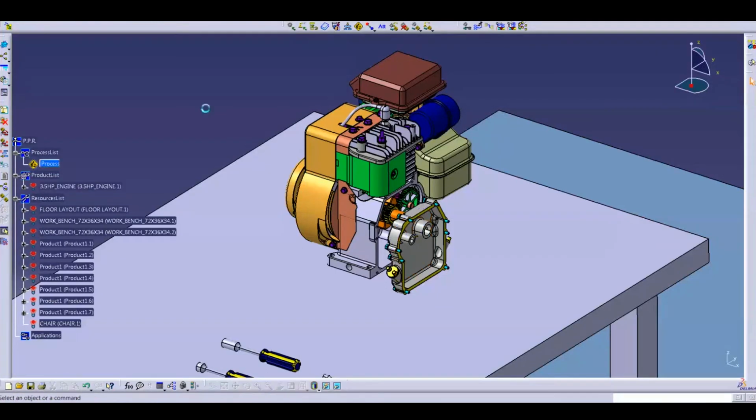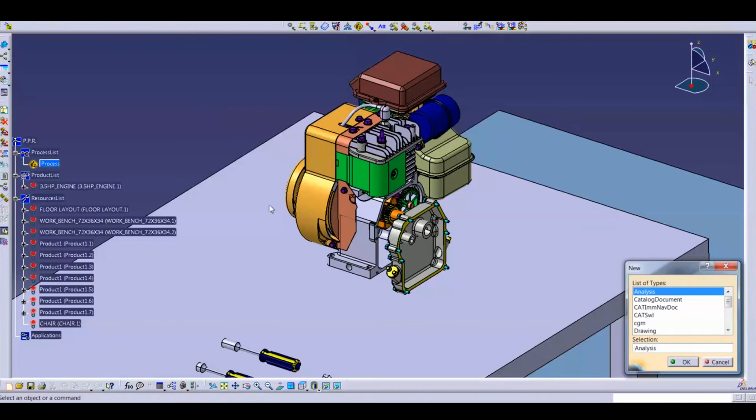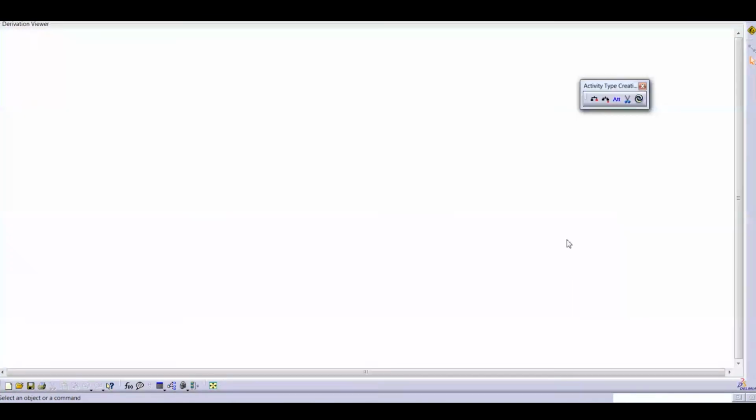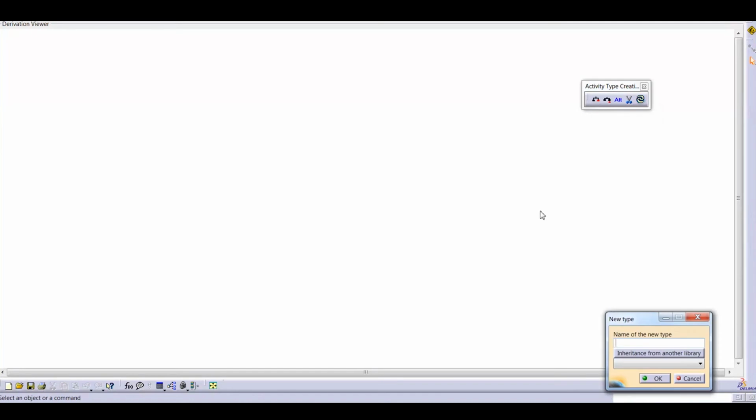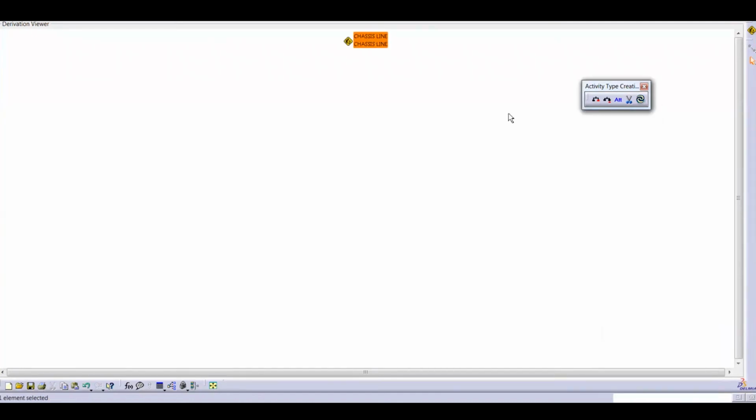So first we will create a process library. You can directly press Ctrl N. Then create here a chassis line and insert a sub process in the chassis line.